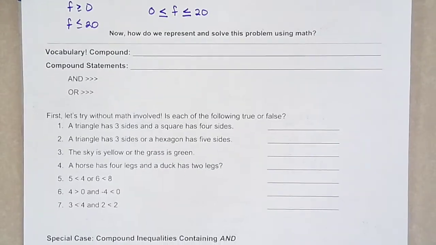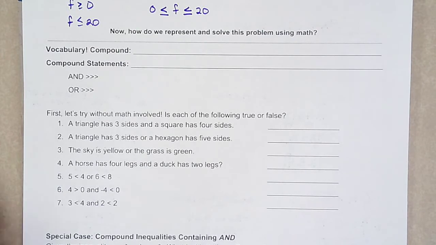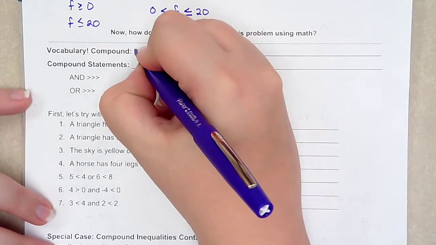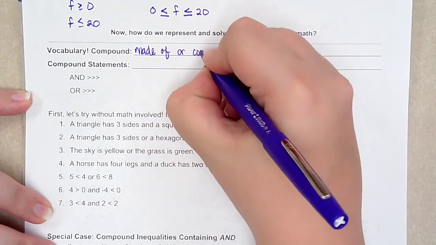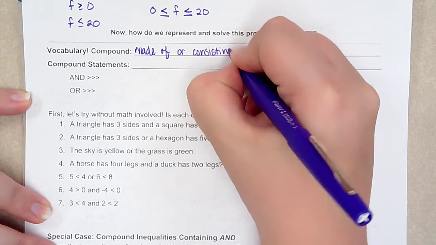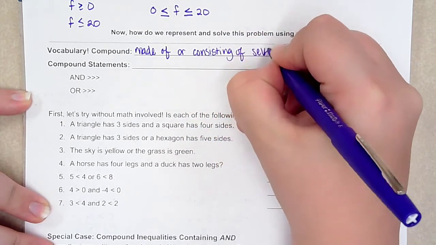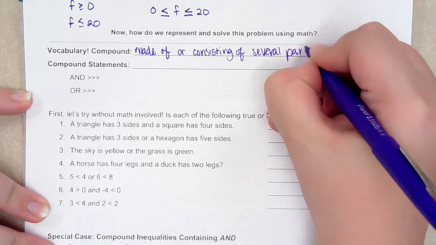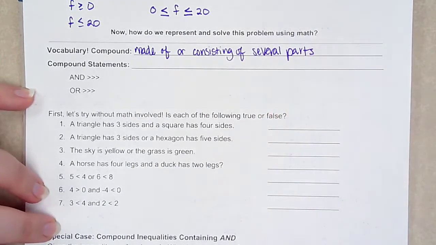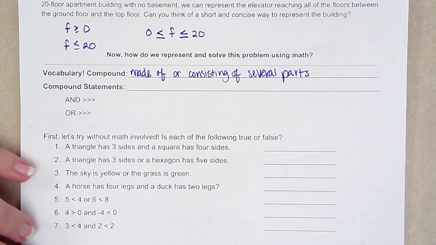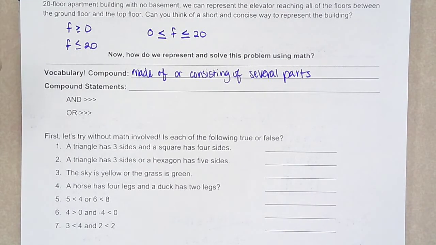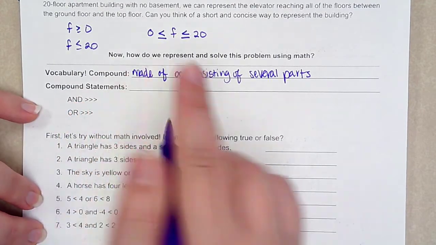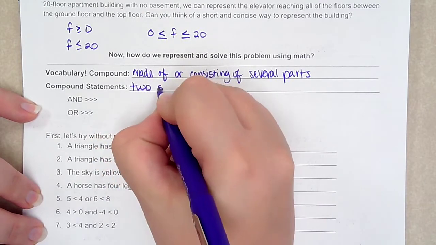Quick vocabulary. Compound means that it is made up or consisting of several parts. Which makes sense when you consider the compound inequality that we just wrote. Because it consists of not only the ground floor, but the top floor, it's made of two parts, so it is compound. Therefore, a compound statement is two statements,